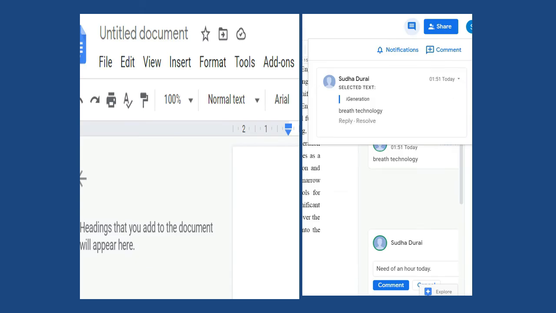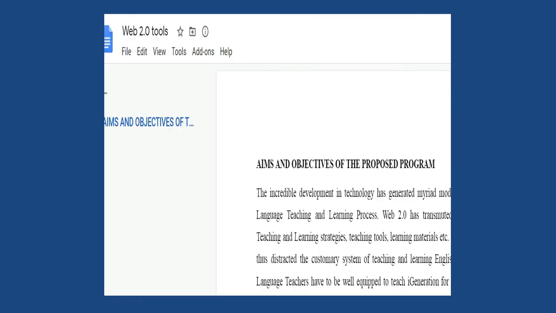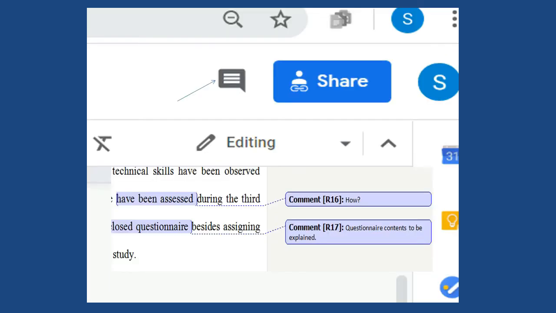In the right side corner, near to share, click on Open Comment History. The main purpose of this Open Comment History is to correct students' mistakes in comments and to develop their writing ability. We can also choose different colors using a capital letter A for text color, and the pen symbol is to highlight color.